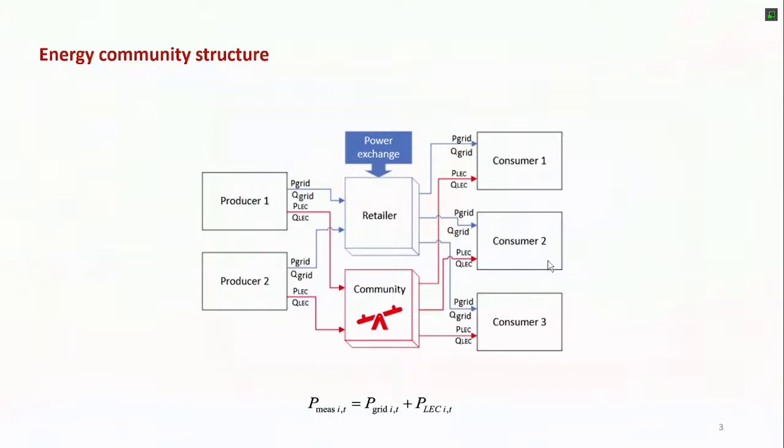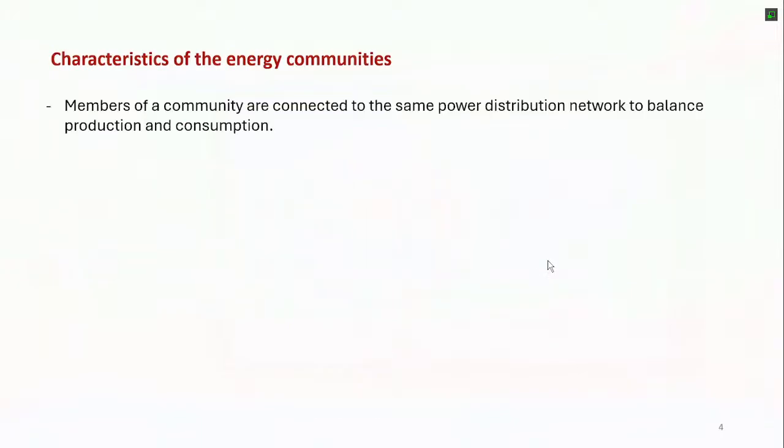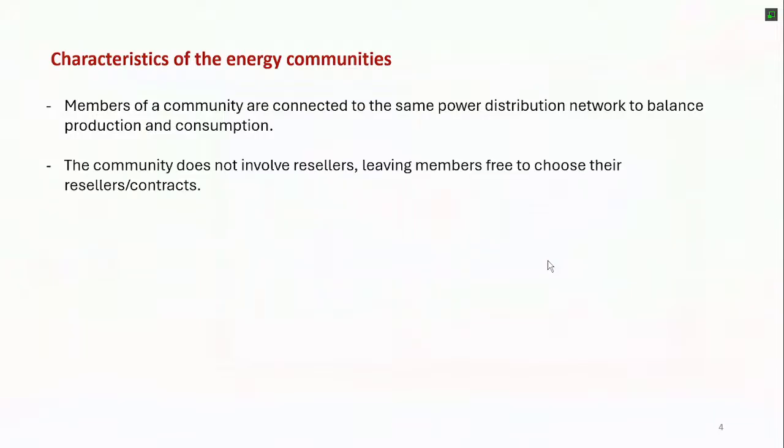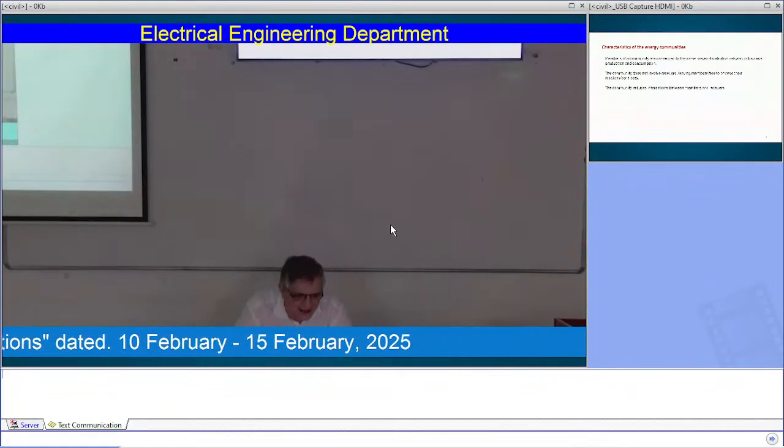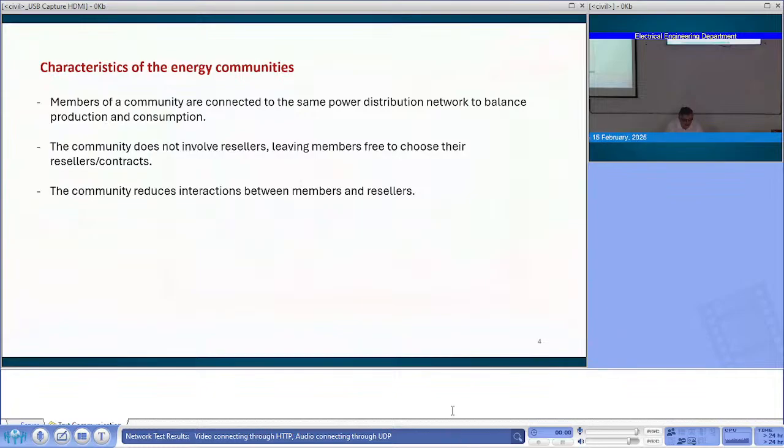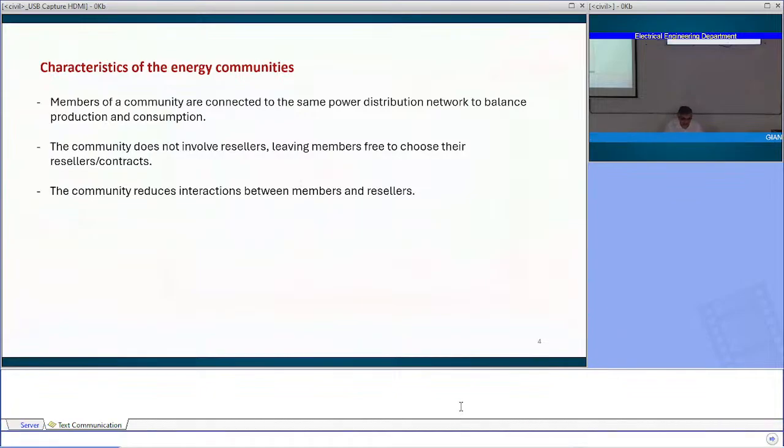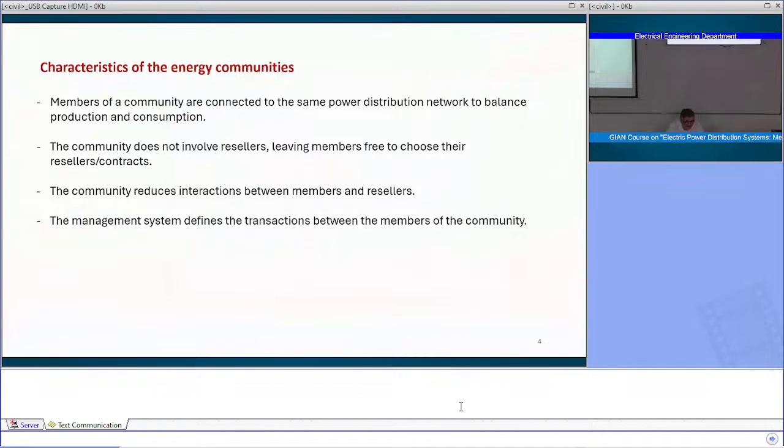With this introduction, I can probably skip some slides or go through them very fast, because they repeat what I have tried to say. The members of the community are connected to the same distribution network. The community does not involve resellers. Obviously, they are competing with the resellers, leaving members free to choose their reseller contracts. The community reduces the interaction between members and resellers. We hope so. And the management system defines the transactions between the members of the community,